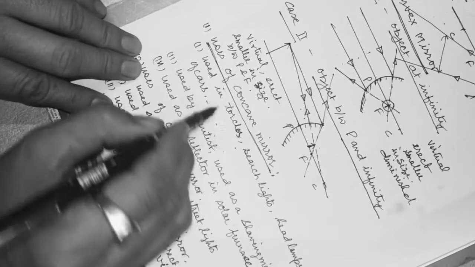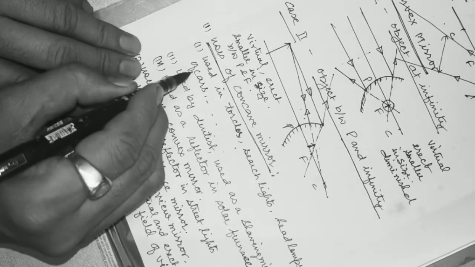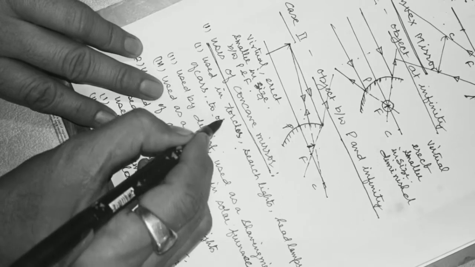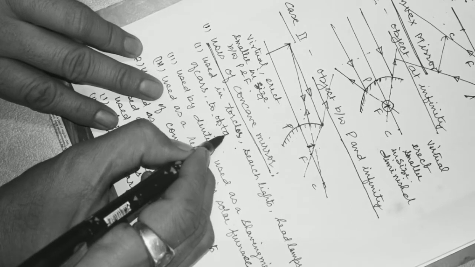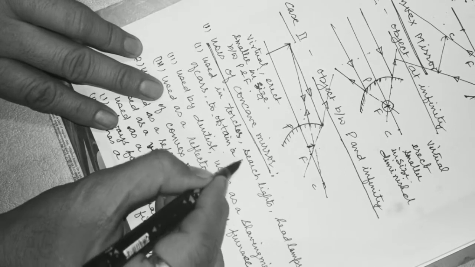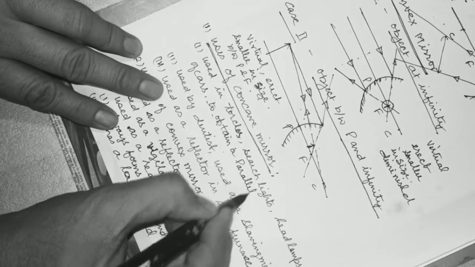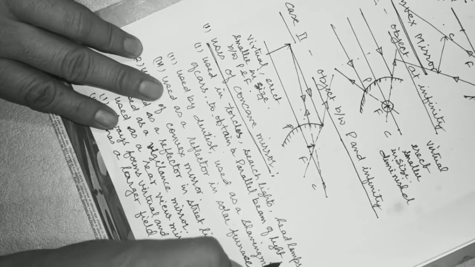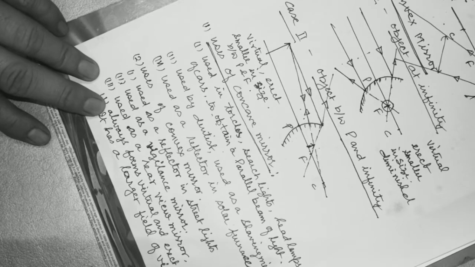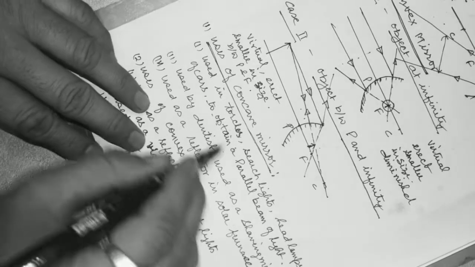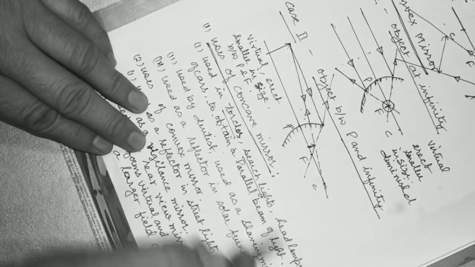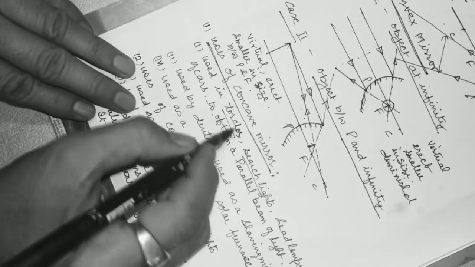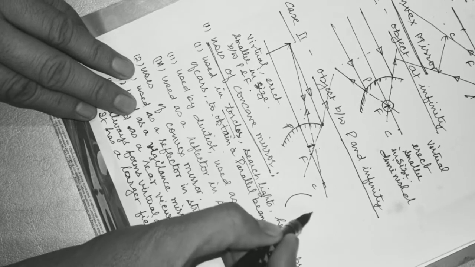Concave mirror is used in torches, searchlights, headlamps of cars to obtain a parallel beam of light. In case of headlamps of the cars or bikes, whatever you say, torches, searchlights, in all of that it is used to obtain a parallel beam of light. Here you see how it is obtained.